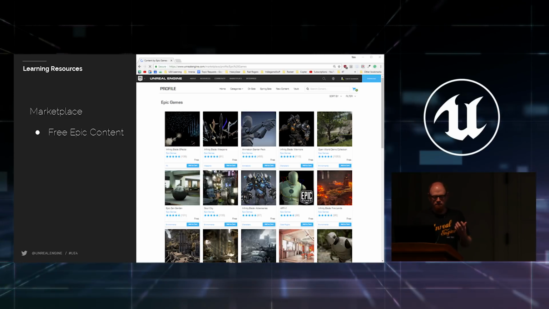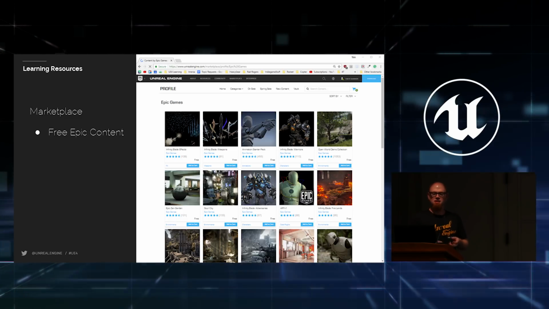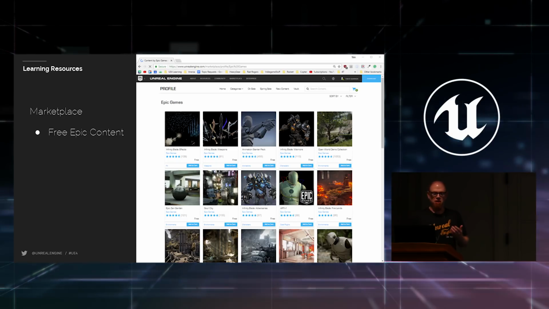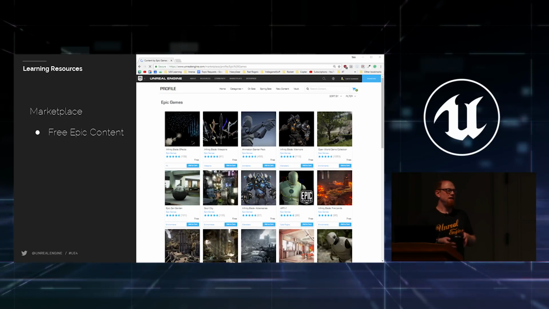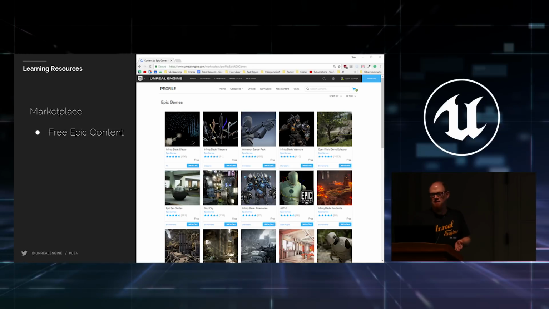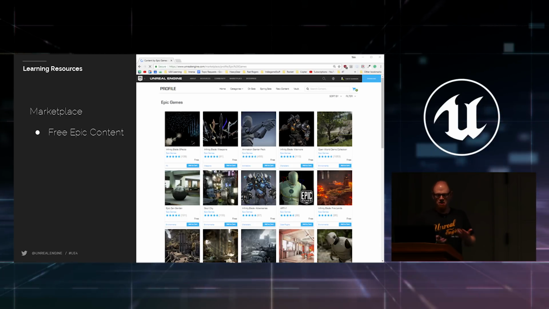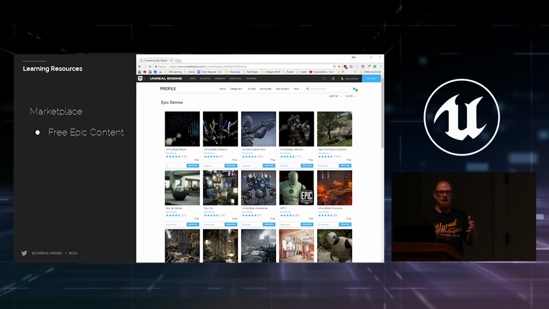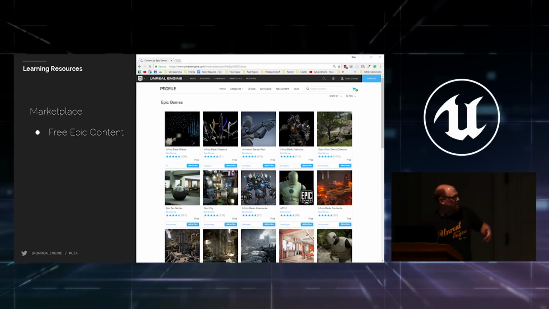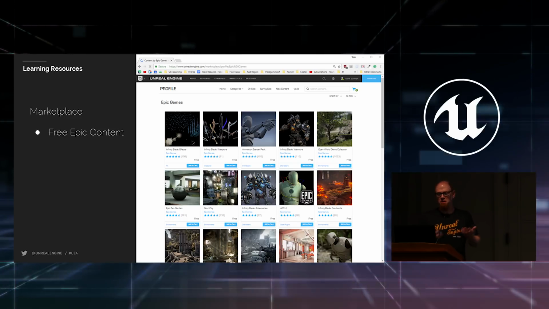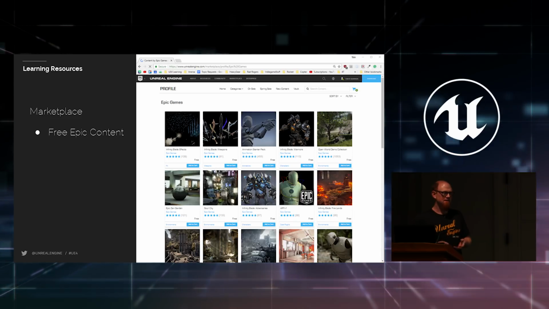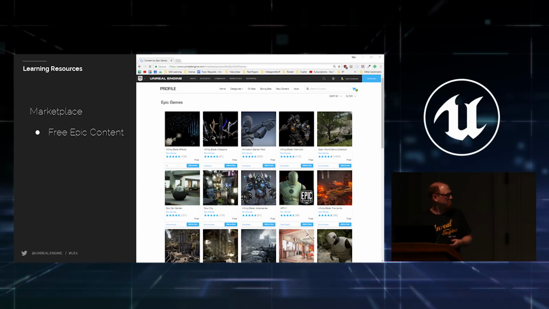We find that being able to see how Epic does things is hugely valuable to learners and educators, because you can see what our intention is, and you're not inferring why something is that way or a feature is in the engine. You can see exactly why we did it and how we use it in production. Most of these are actual production assets. The Infinity Blade assets, for example, shipped games. So you can see true mobile, shippable, high-quality assets, and what flies and what doesn't.